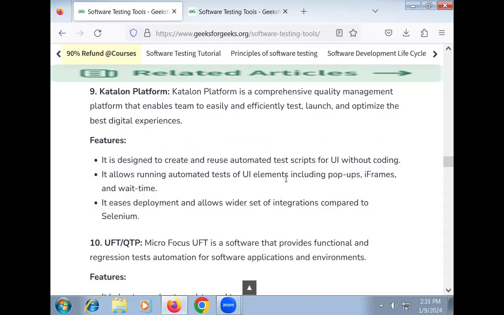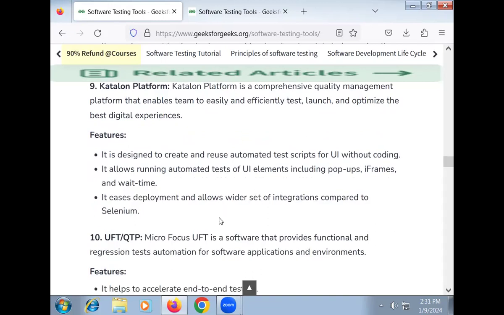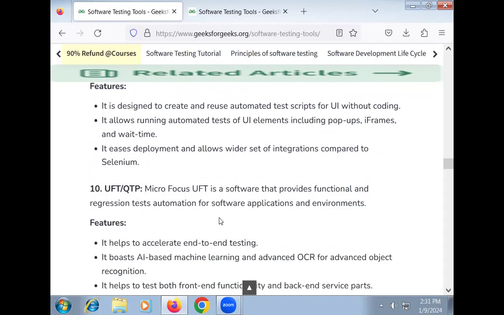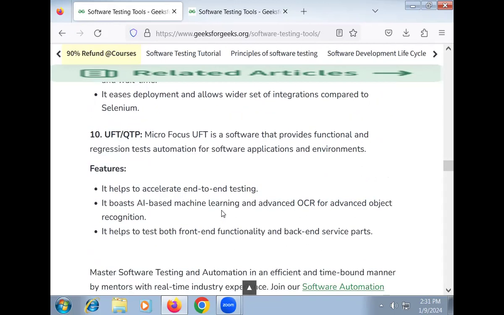It allows running automated tests of UI elements, including pop-ups and frames. It eases test case development and allows a wider set of integrations compared to Selenium. The last one, the 10th one, is